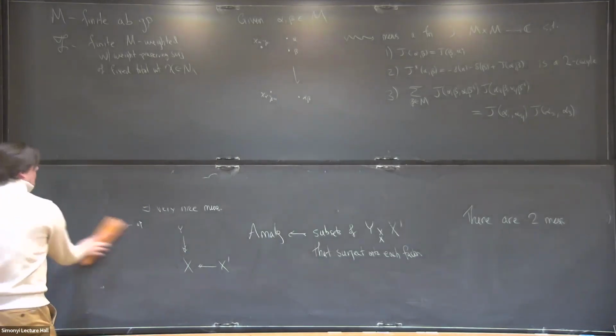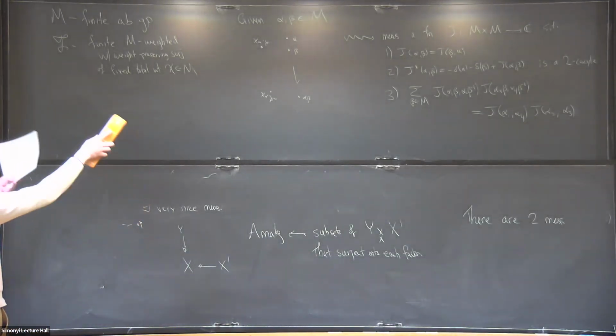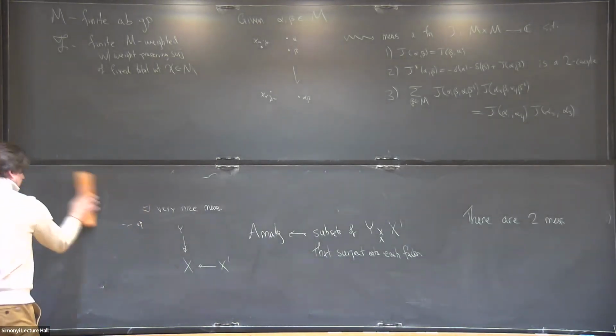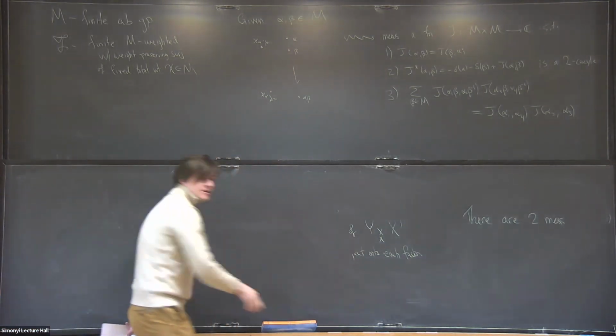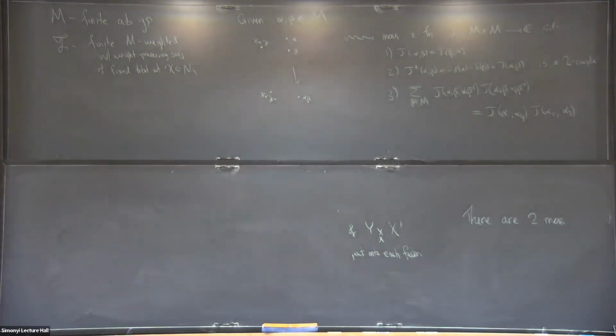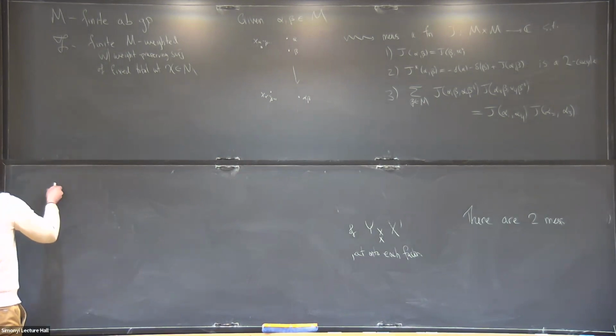So it's not too hard to show that there's a bijection between measures and these J functions. What's a little bit harder is trying to understand what these J functions are. And what's very cool is the basic example comes from Jacobi sums. So if I take M to be the group of multiplicative characters